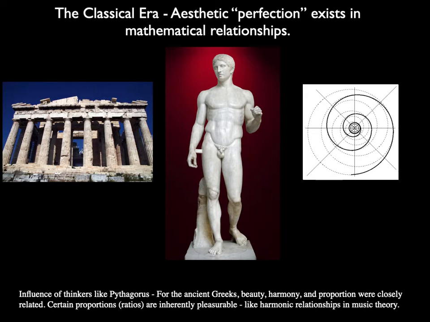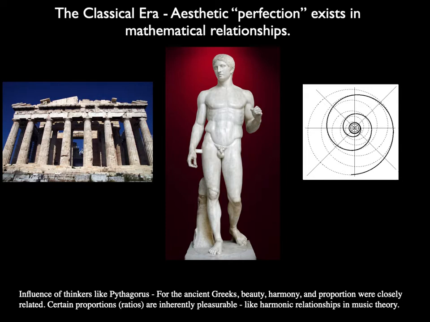And this is as much about mathematics and music as it is visual art. This notion that there exists in the universe sort of this ideal kind of harmonic relationship between things. And when you can find that, aesthetic beauty is the result. We kind of take it for granted, but when you really think about it,